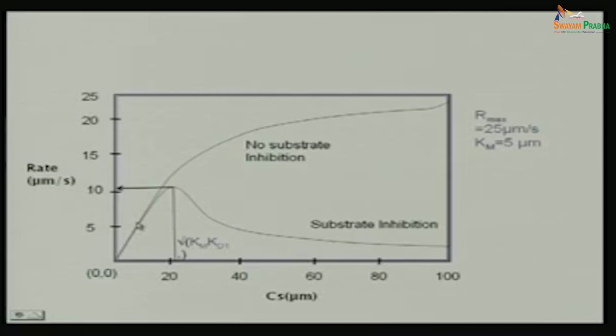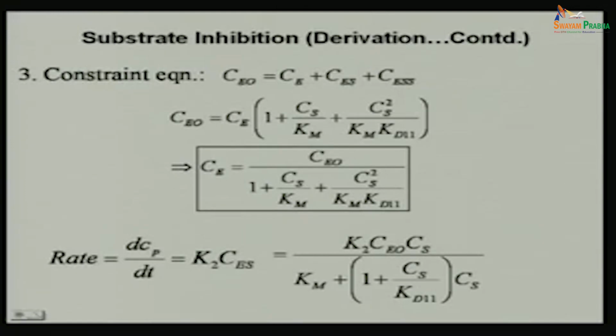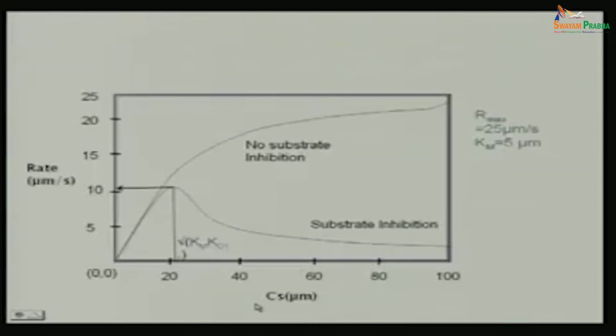Right. So when Cs is low, the effect of substrate inhibition is not there, because in the limit of small Cs, the formula for substrate inhibition that you had, let's go back to it here, will go back to the old formula without inhibition. So with and without inhibition makes no difference at small values of Cs, because Cs squared is very small. So these two lines merge and then they reach a peak which is given at the value of the square root of Km Kdii, and then it goes down again and goes to